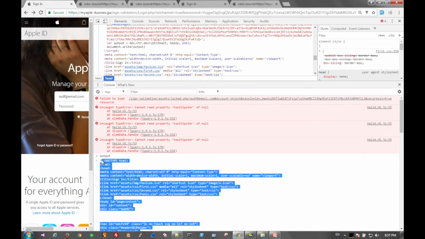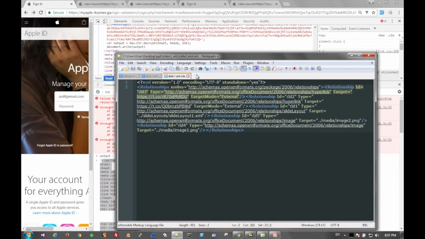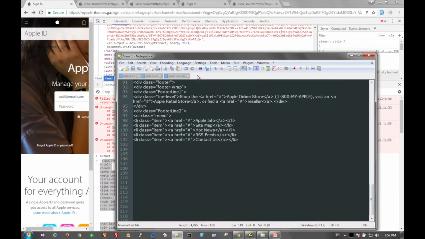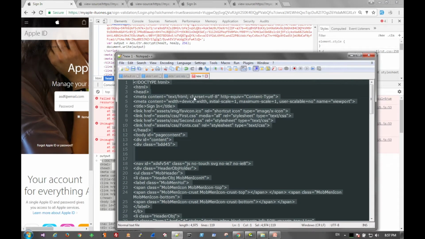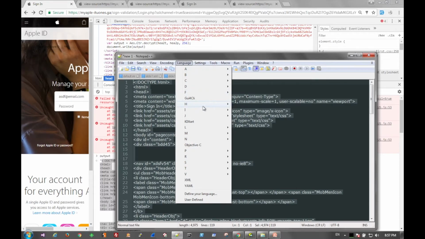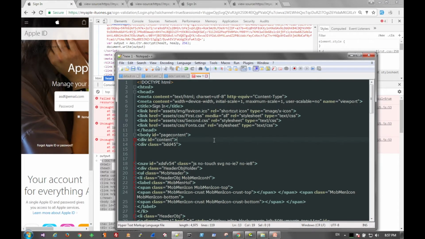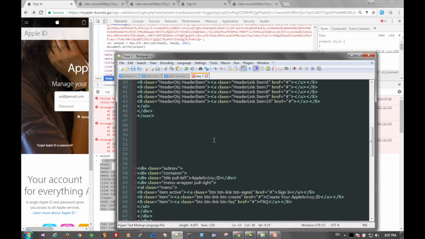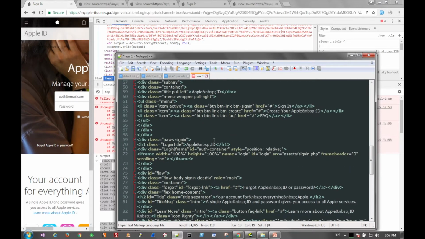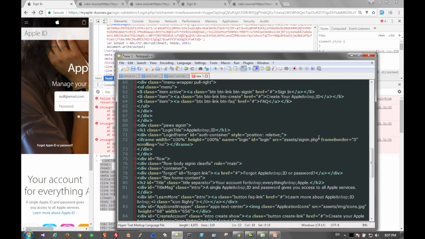So we can get all this and throw it in a text document, and format it as HTML, and then we can get a little better idea of what's going on. And I think it's pretty obvious what's going on. They want you to enter your username and ID,